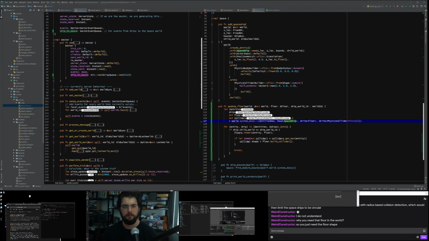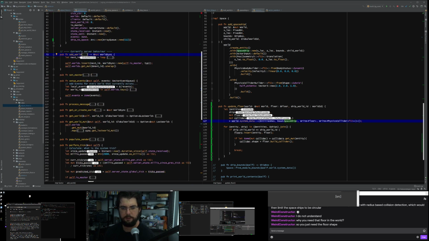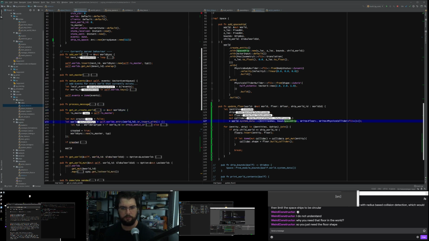When we create a new world, we need to kind of shove this event queue into it so that we can access it from inside the world. So get or create world, does that call add world? It calls or insert with.